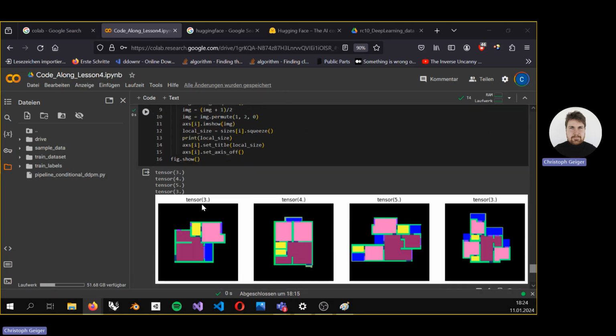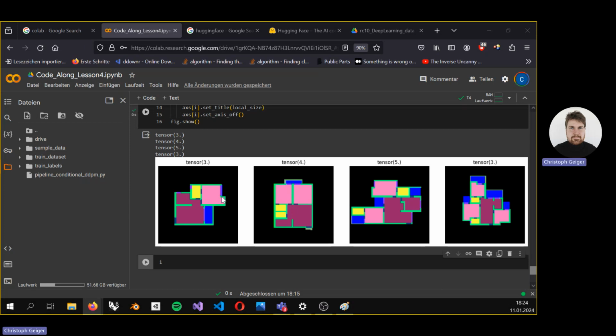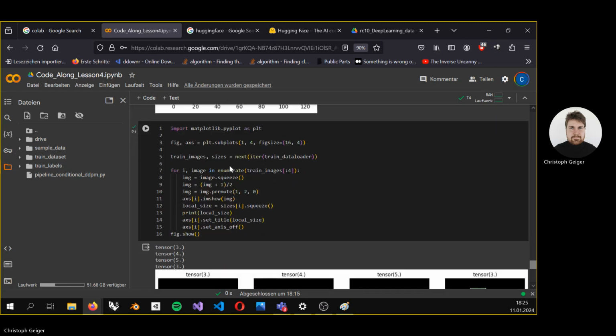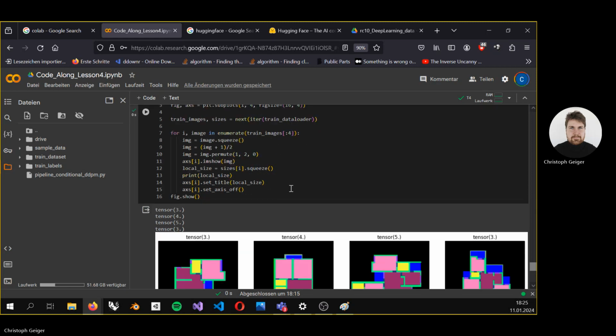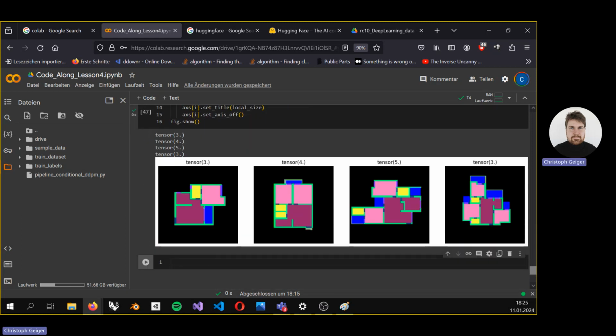This will just show these different pictures with the conditioning, so the size in our case. Okay, and then